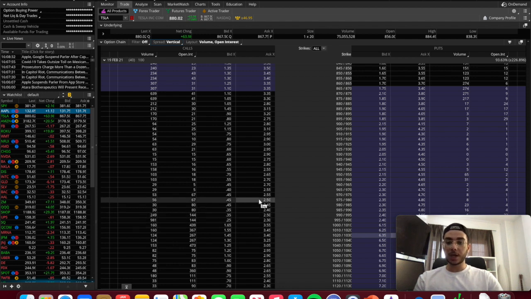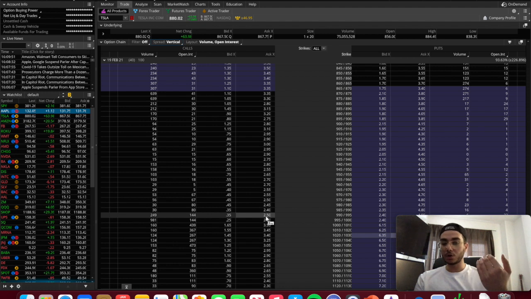In spreads, we have two types: debit spread and credit spread. Let's talk about debit spread first. Let's say you predict the stock is going to go higher. To open a debit spread, you buy a contract, you buy a spread, you open a position and deposit some money, and then you get your profit in return if the stock goes in your favor. If the stock goes against you, you lose some of that deposit. That's how debit spreads work.